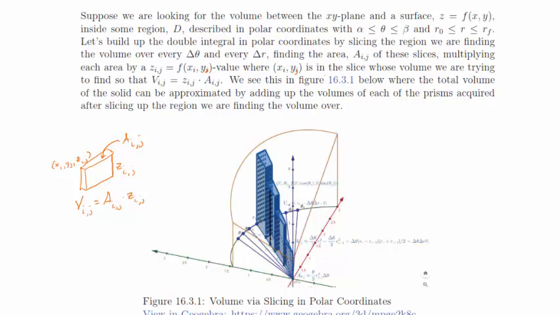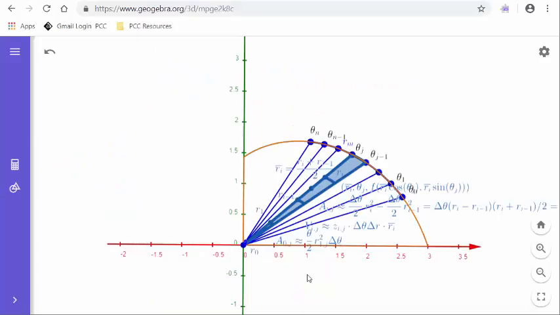We see this in figure 16.3.1 below, where the total volume of the solid can be approximated by adding up the volumes of each of the prisms acquired after slicing up the region we are finding the volume over. So let's take a look at this. Okay, so